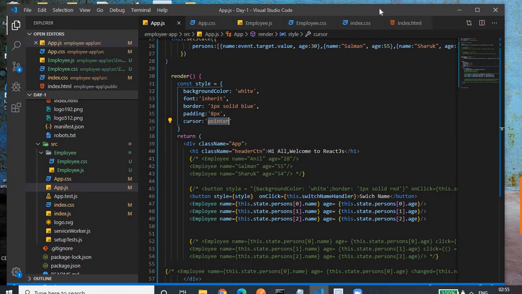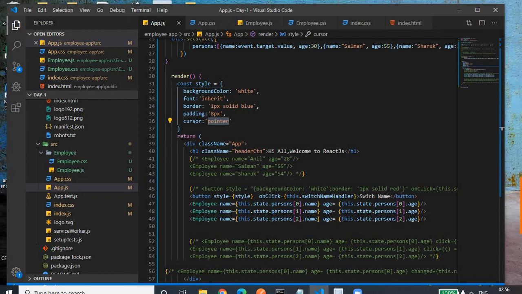This is how we can apply inline CSS. Inline CSS is applicable to a particular element, and if you are adding external CSS, all external CSS is like global CSS. It is not applicable only to that component. It's actually applicable globally to the entire application for the same class having the same properties. We can avoid that by using CSS modules. We'll come to that later.